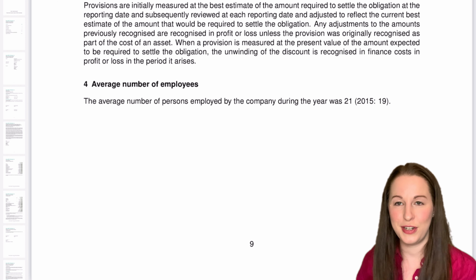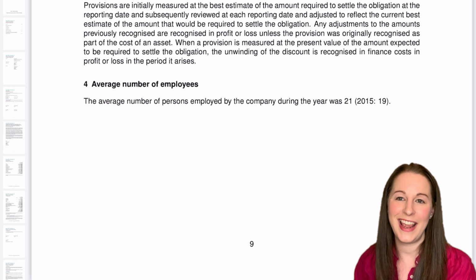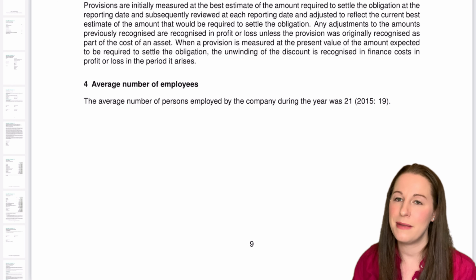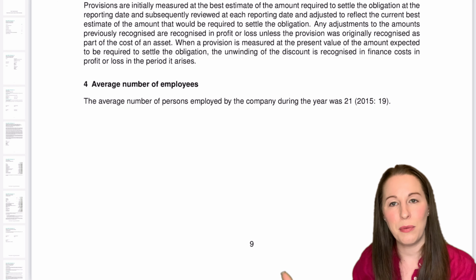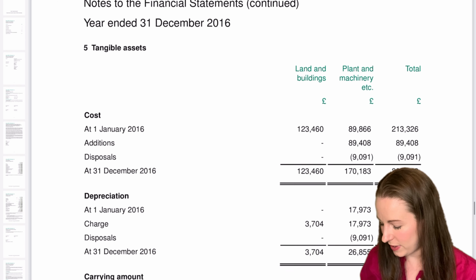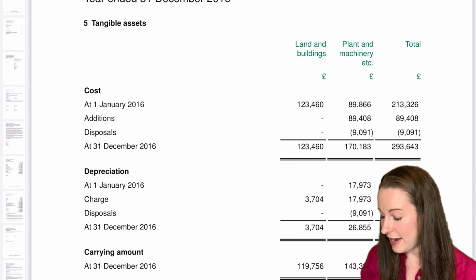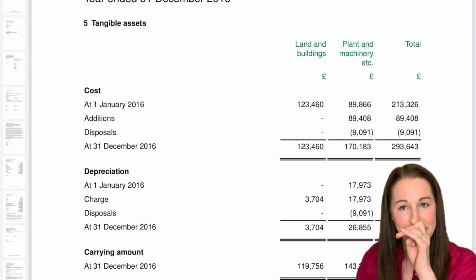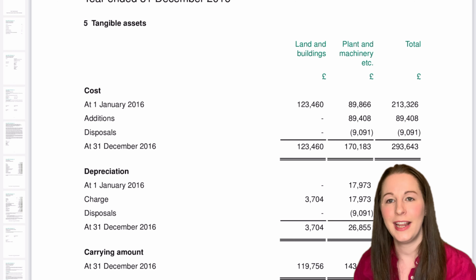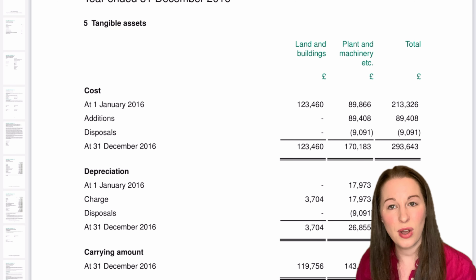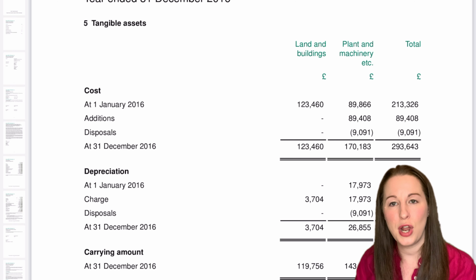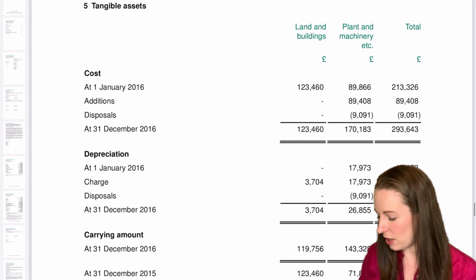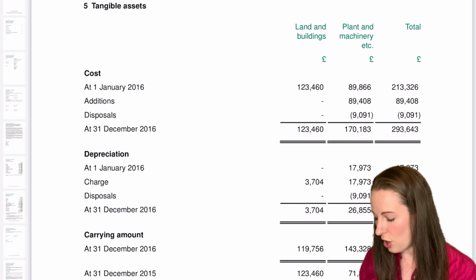Now, we've got the average number of employees note. That is in every set of accounts, so that will have been in the micro company, is in the small, and will be in any large sets of accounts as well. We've now got our tangible assets, and there'll also be an investment property note. Now, in these set of accounts, I've not got investment property, but there is a separate note for that type of asset. And this, you'll be able to see we've got the split of the cost, anything we've added onto it,